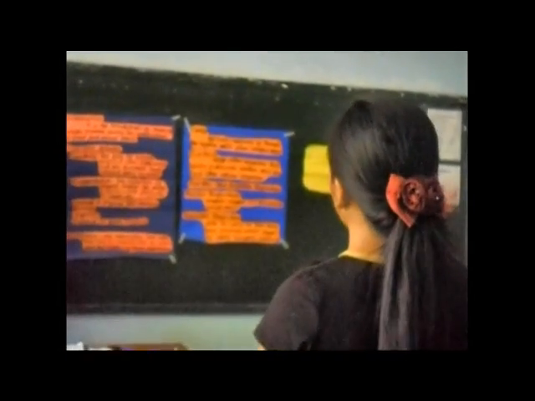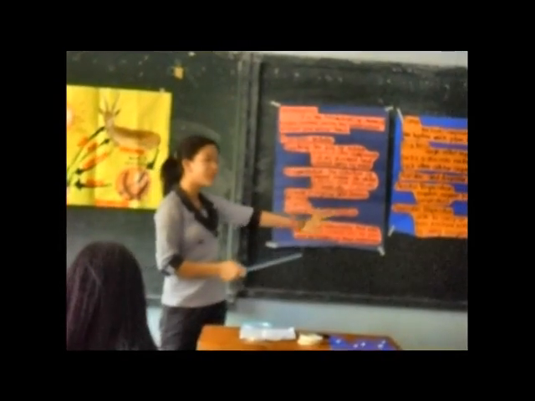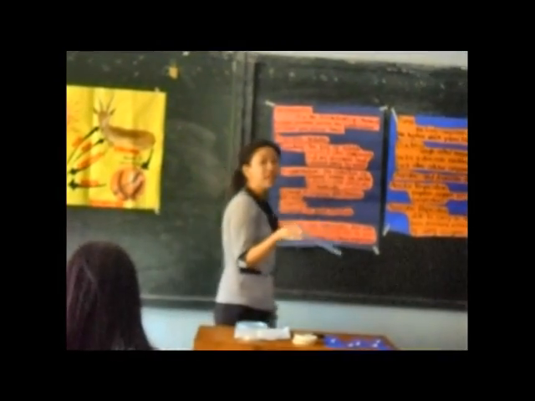Okay, so now we're gonna discuss what is decomposition. So who can read decomposition? Okay. Decomposition. It is the breakdown of chemical bonds formed during the construction of plant and animal tissue. Yes, it is the breakdown. So this is the process wherein the chemical bonds that were formed during the construction of the animal tissues and the plant tissues will break down. So when you see waste or dead bodies that are decaying, they are in the process of decomposition.